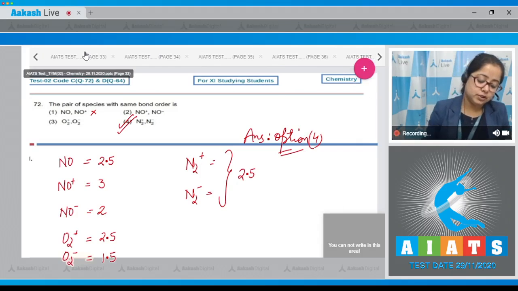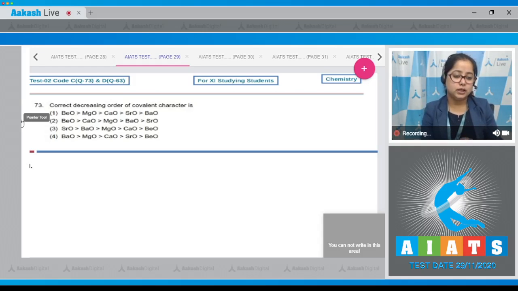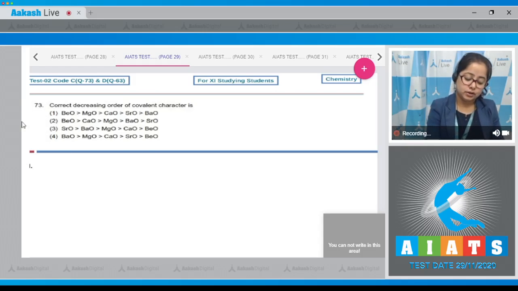Let's read the question. The correct order of covalent character is. Students, for this question we need to know that on increasing the size of cation, the covalent character decreases. First of all, in all the cases the anion is O2 minus, but the cations are changing. So according to Fajan's rule, as the size of cation increases, the covalent character decreases. As a result, the correct order of